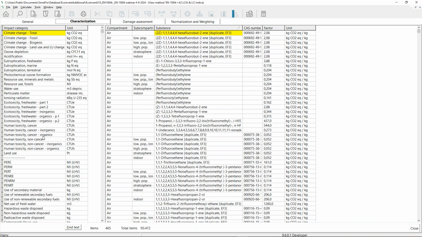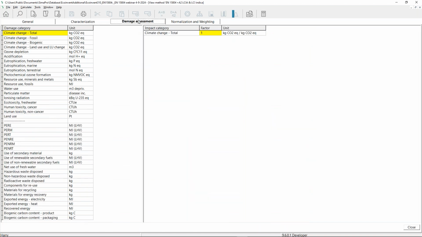And we copied that one-on-one in this method. And like I said, we used the damage assessment category to provide all the lifecycle impact assessment categories and also the lifecycle inventory indicators at the lower part of the screen. And this will provide you all the information you need for your EPDs.